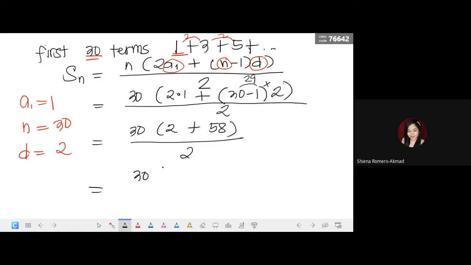So 30 times 2 plus 58, that's 60. And we have here 2. Pwede tayong mag-cancel out kasi kahit alin dyan, pwede dito sa 30, pwede dito sa 60. Divide lang natin siya sa 2. So 30 times 30 is equal to